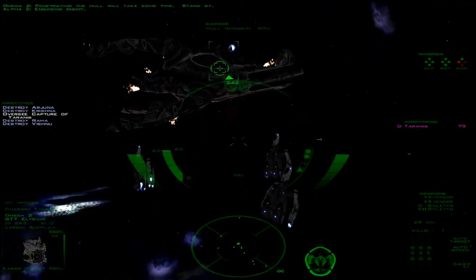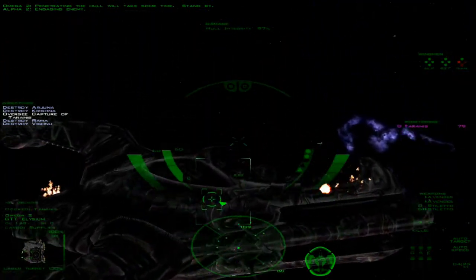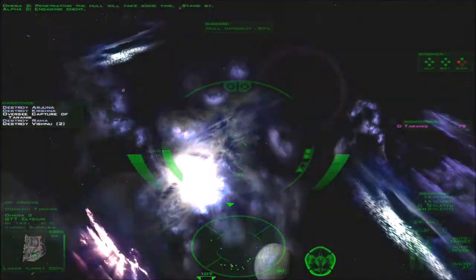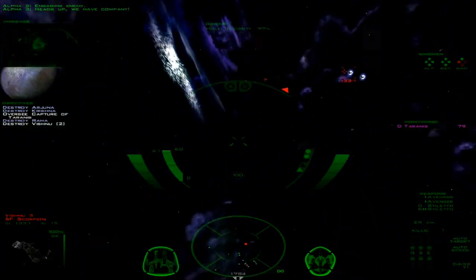Engaging enemy. Just order everybody to attack enemies that come in, so that next ambush shouldn't be too heavy. And I kind of spoiled it. But,